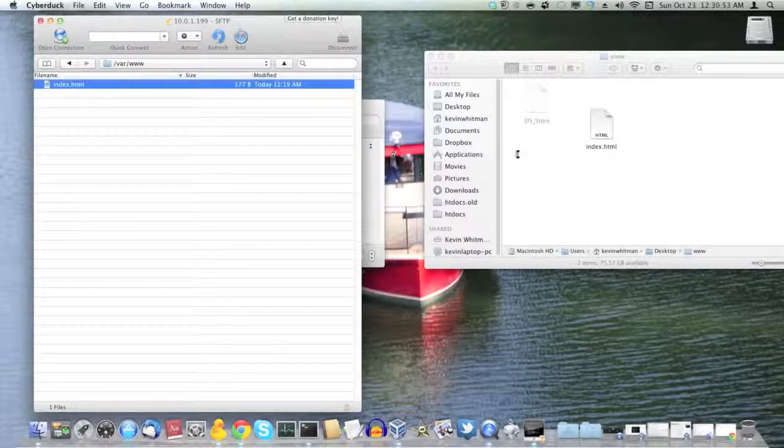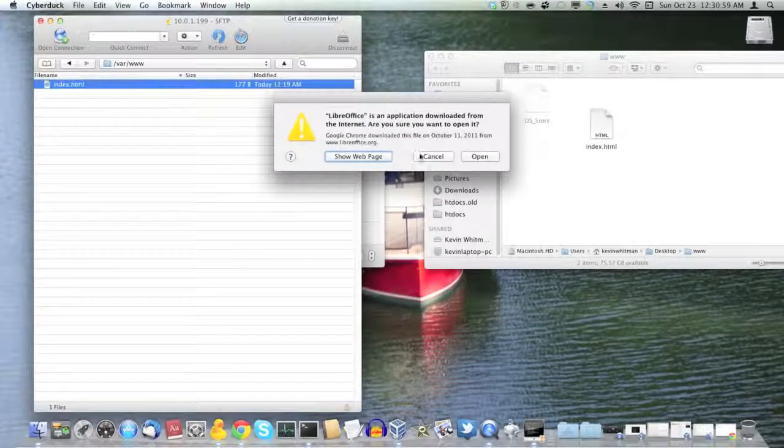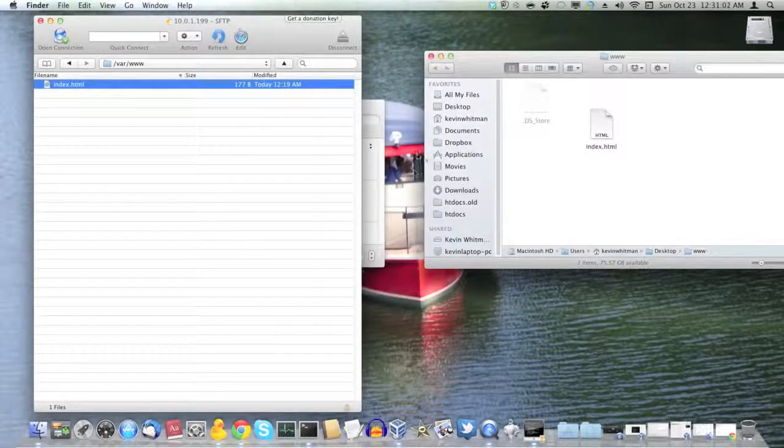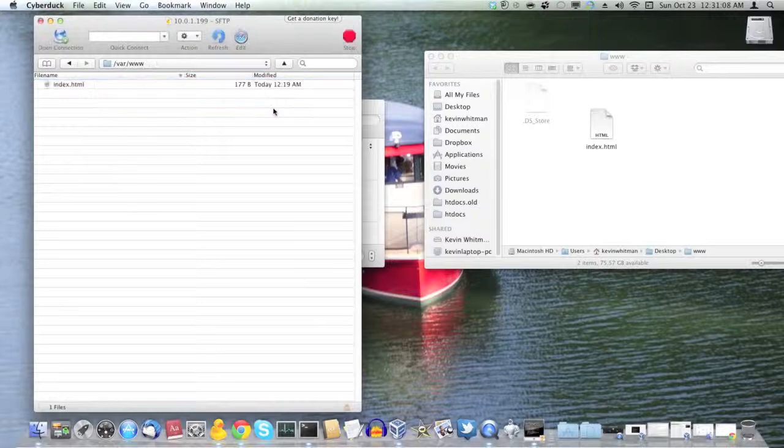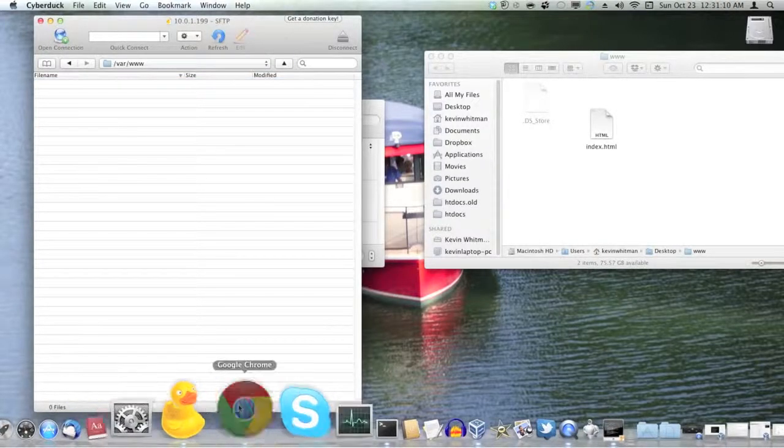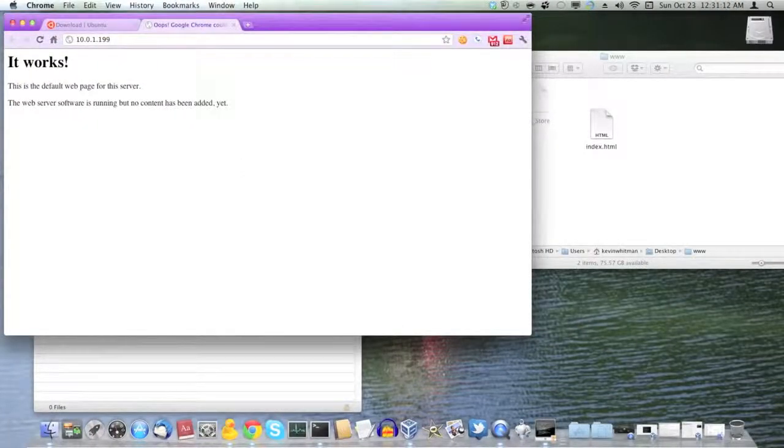Wow, normally you see a little spinning beach ball of death. Oh, now I see the spinning beach ball of death. Cancel, I don't want to open it. So we can delete that now, since we copied it down to my own computer. So now if I go to here and I refresh,